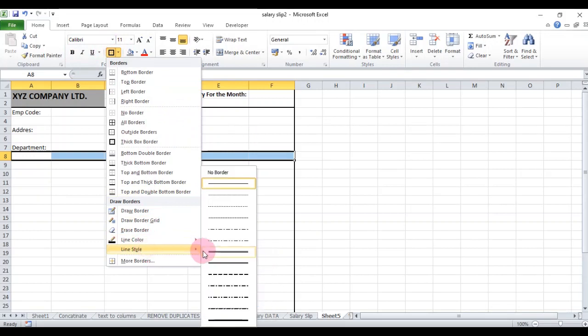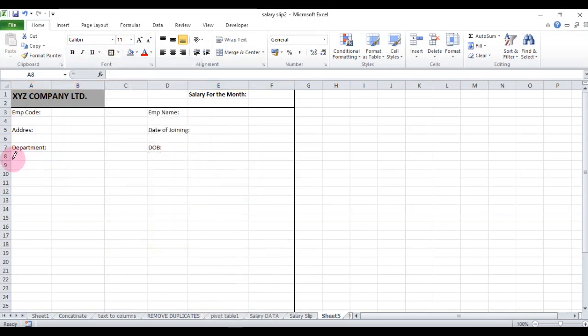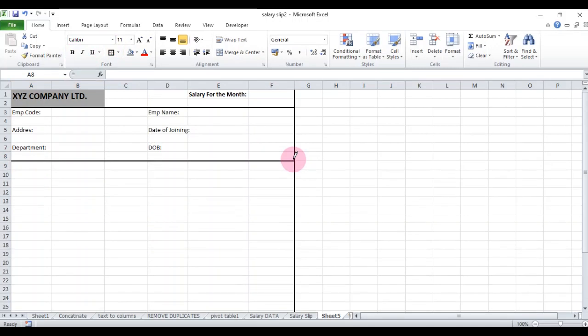Take a double line border. Choose double line border for here, then press escape, then type account number, then type bank name.